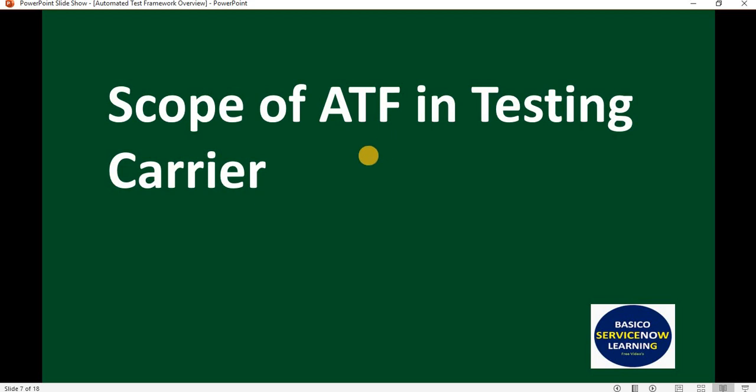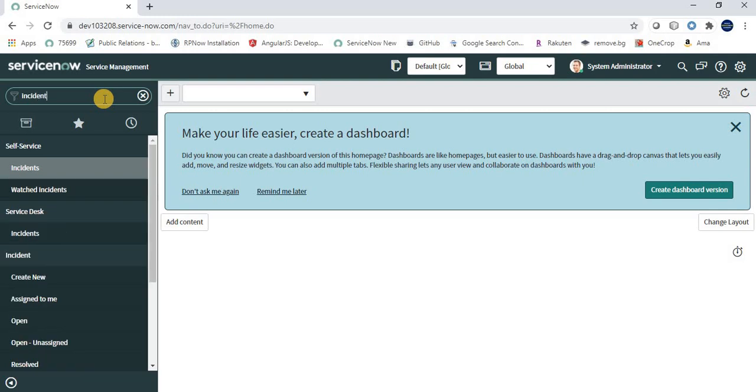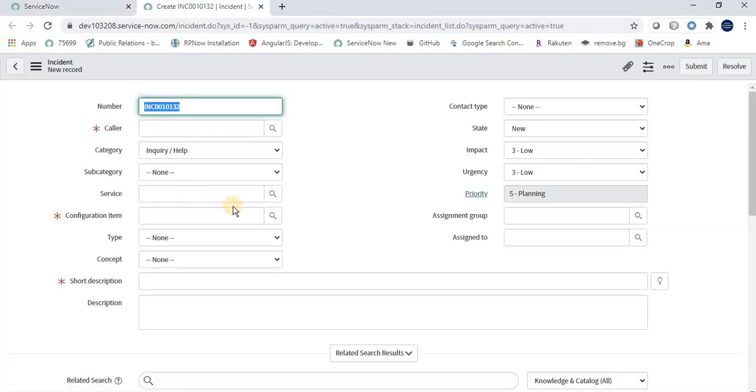Okay, so friends, let's navigate to the ServiceNow Personal Developer instance. So friends, this is my ServiceNow Personal Developer instance. Let's perform manual testing first to have an overview of that. So I am typing incident over here and I am opening a new incident form. Now, to perform manual testing, or to test ServiceNow incident form functionality, what we have to do is fill in values manually like this.